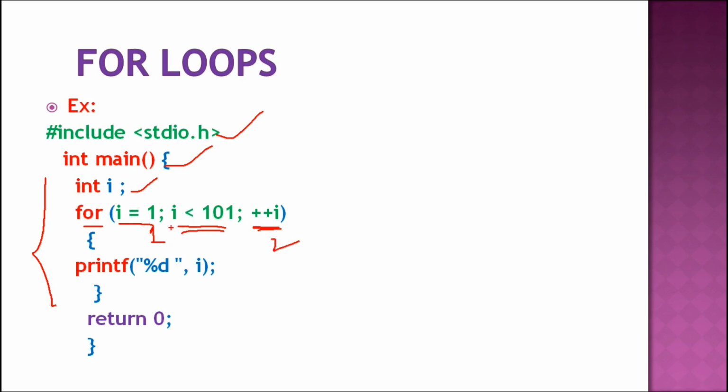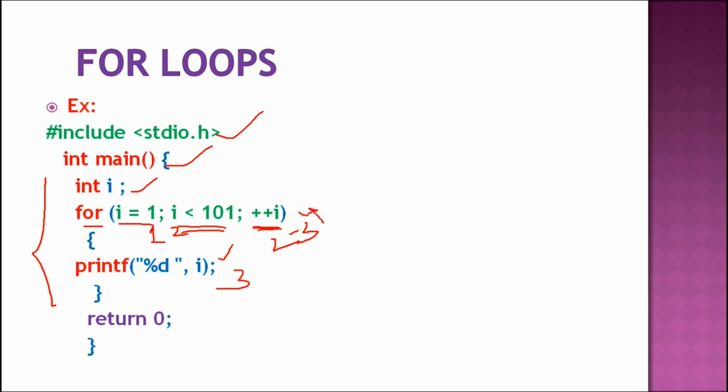Again it comes with 2, checks the test expression, 2 is less than 101, so it executes again, prints the value 2, and increases to 2 plus 1, it becomes 3. Then again it checks the i value 3 against the test expression, 3 is less than 101, so it prints the value 3 and again updates to 3 plus 1,